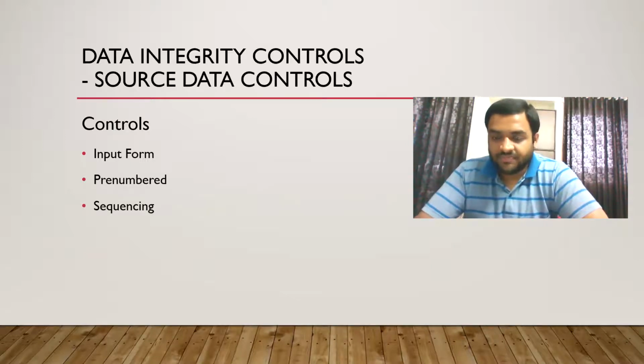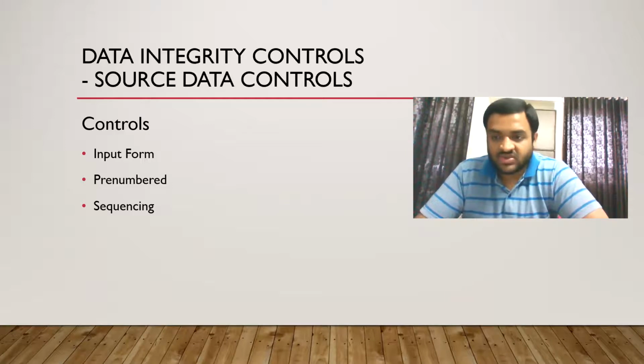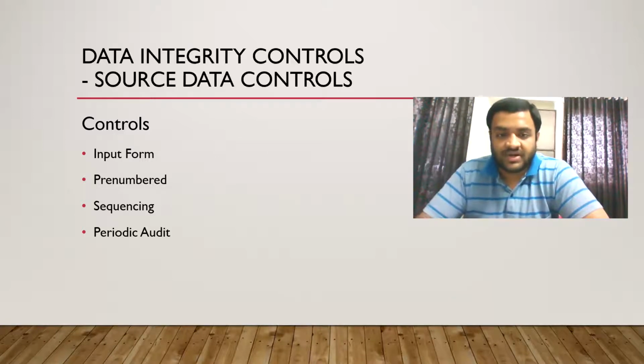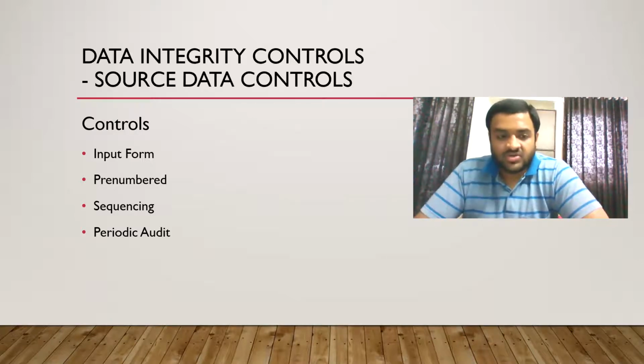Then sequencing. The data is entered into the system in a sequence. That is the reason why we are numbering the document, so that when we enter the data into the system, there will be a sequence. If we have a sequence for final students, for IPCC students, then the foundation students, then we will conduct a periodic audit, whether the controls are effective or not, whether the input form is issued by the correct person or not, whether it is authorized or not. We will do a periodic audit to ensure that the earlier 3 controls are working properly.